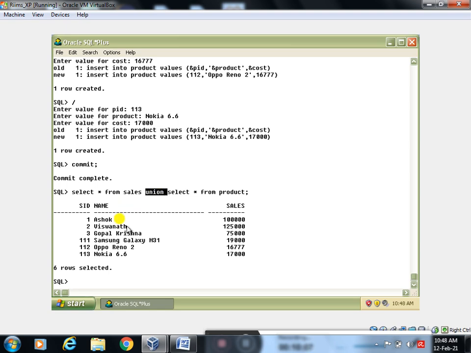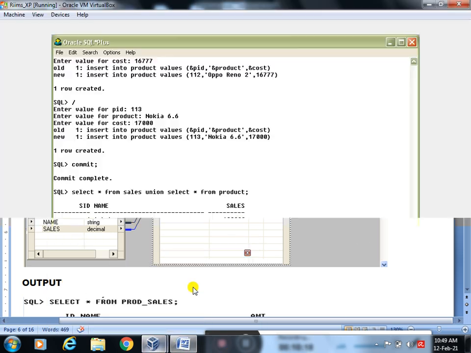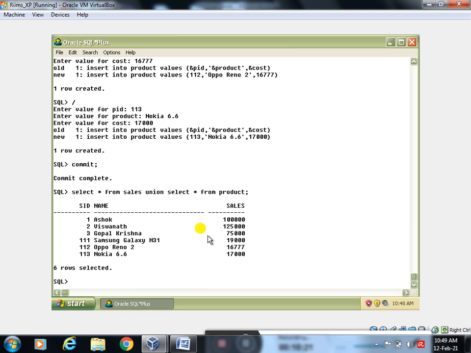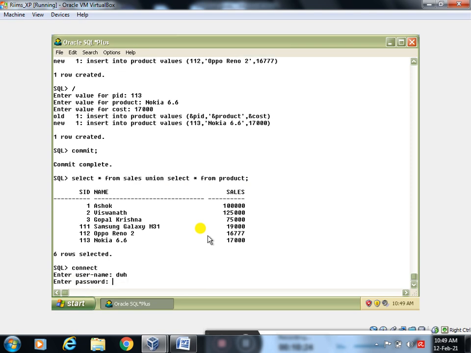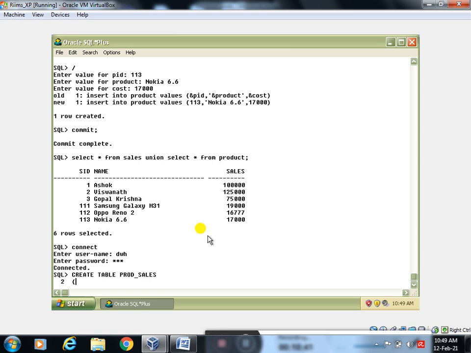Then for that we need to create a table like this. What is my output table? See here, product sales. What are the columns? ID, name, amount. So for that we will go to our second user ID: connect, DWH, DWH. This is my target username. Here I will create the table: create table product_sales.